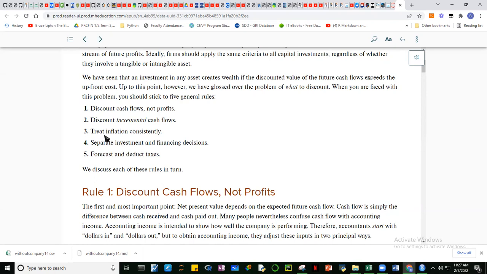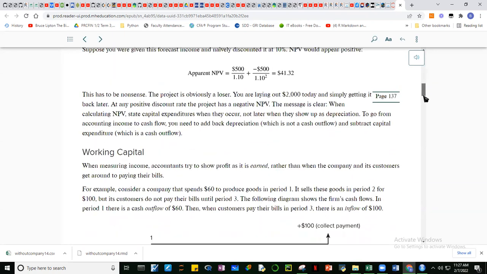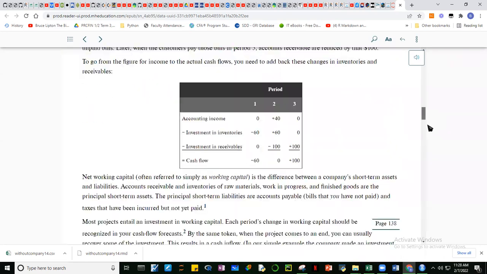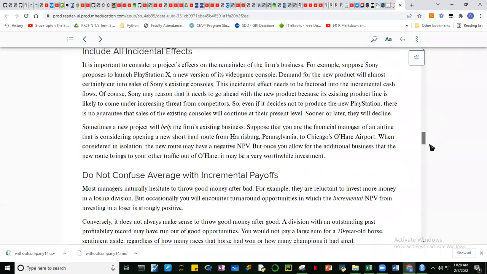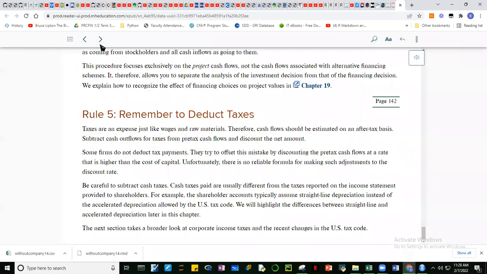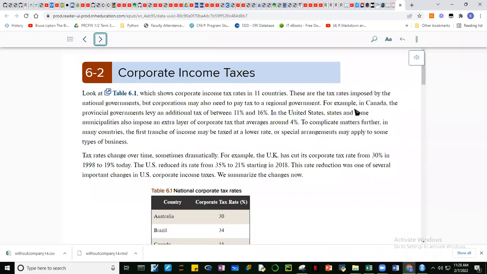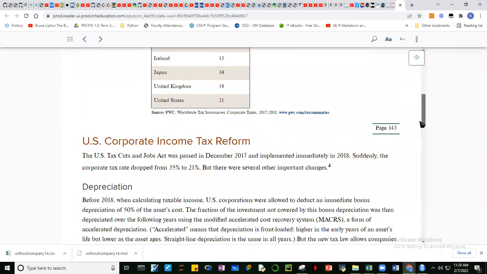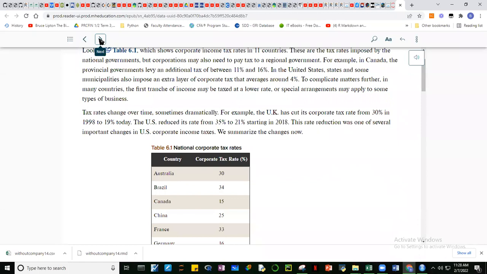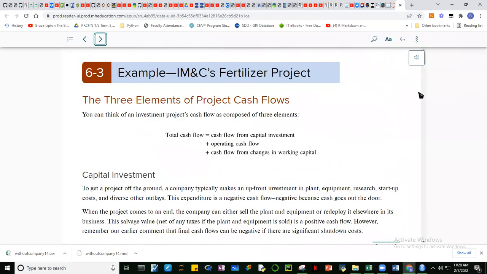Okay, then we have provision for inflation. Okay, and then for taxes, but we're not going to go into that. And titingnan lang natin, guys, yung investment at saka yung financing decisions. Okay, so the three, okay, sandali ha. Okay, so discussion yan ng 5, no? Okay, can we read those? Okay, and then dito, okay, tax, not so much. Kahit skip nyo na yung tax kasi hindi naman ano sa atin yan.